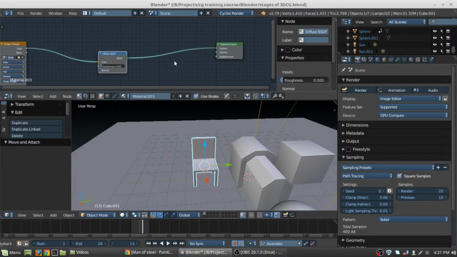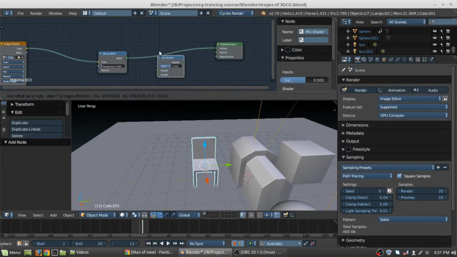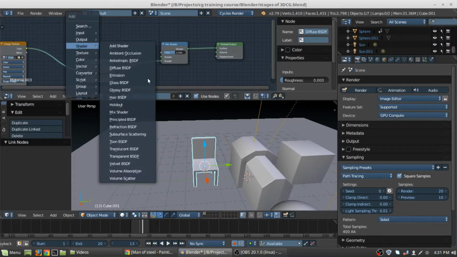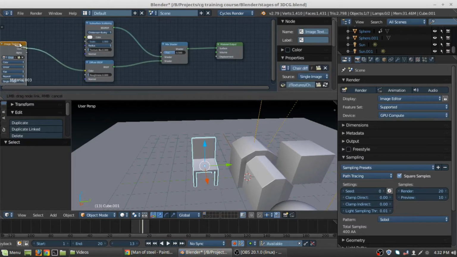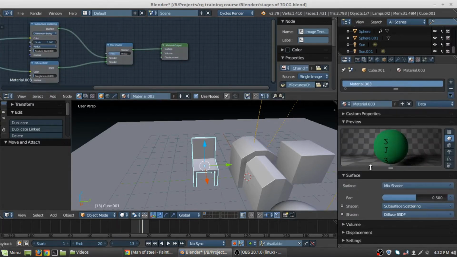So this time, let's just add again a mix shader, plug it in, and this time move the diffuse BSDF to the upper layer of this object and add a subsurface scattering node and plug it into the first input layer of this shader, and add the image texture into the color of this node. Now if we preview this,